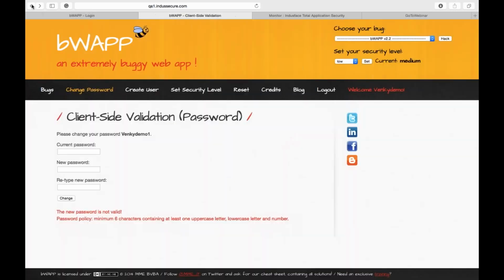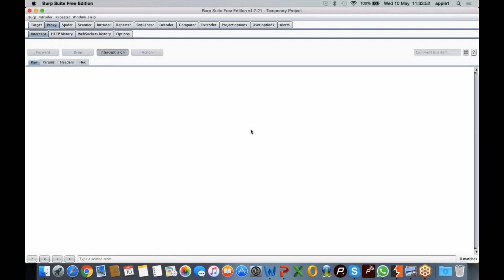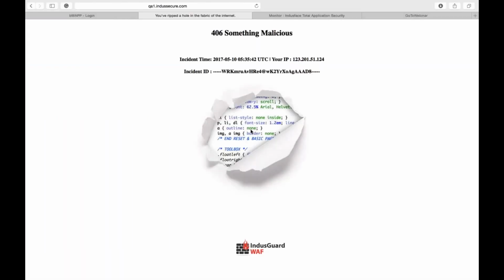Once again, just in case, once more, 1, 2, 3, I'm changing it to ABC, ABC, and then hit forward, blocked. Now, I can have a policy that there is somebody who is trying to repeatedly bypass client-side